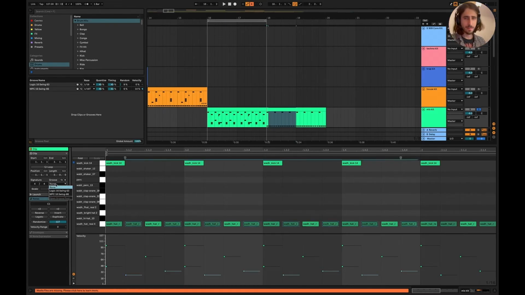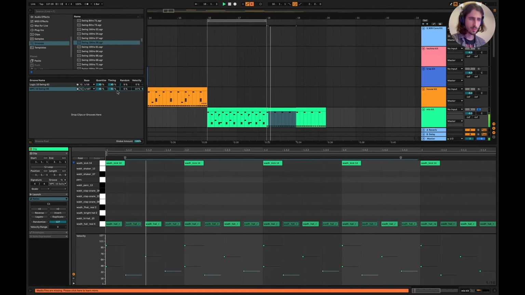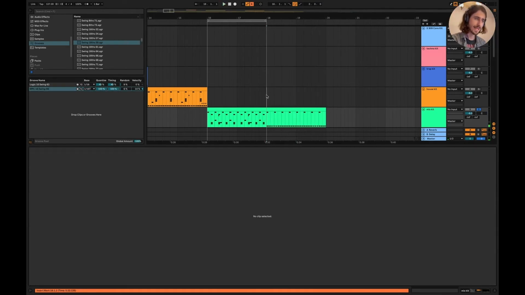You can do this either manually, or if you're in Ableton like me, you can apply some groove patterns from the groove pool. So what we can do here is apply the groove. Let's see, that's going to be swing. It'll be 66. Obviously, we don't want that much, but just keep in mind with those swings and groove pools,